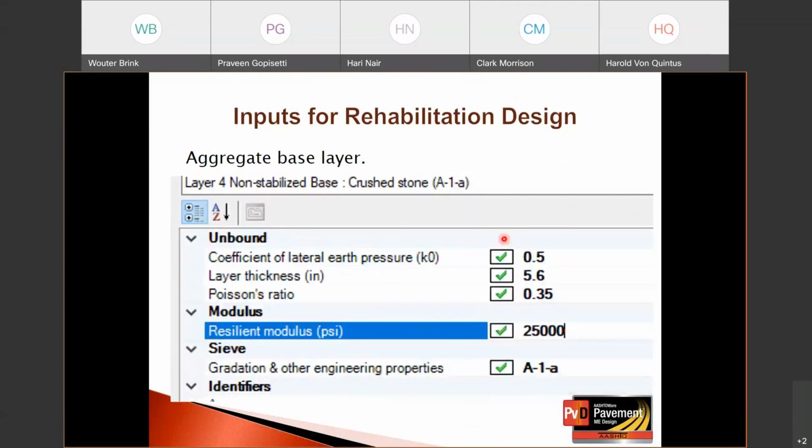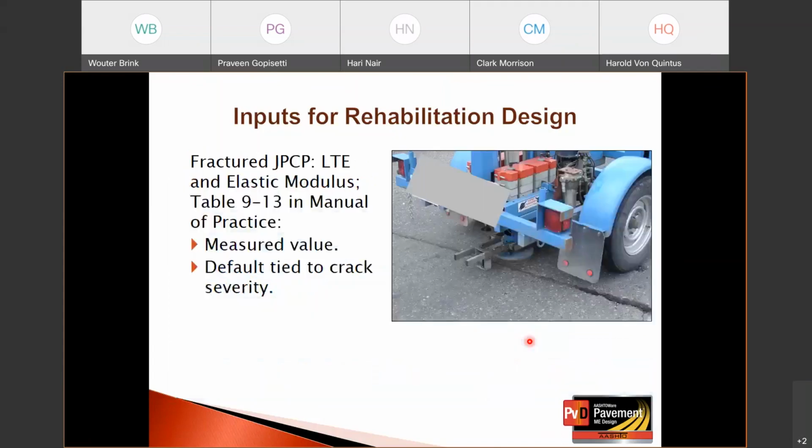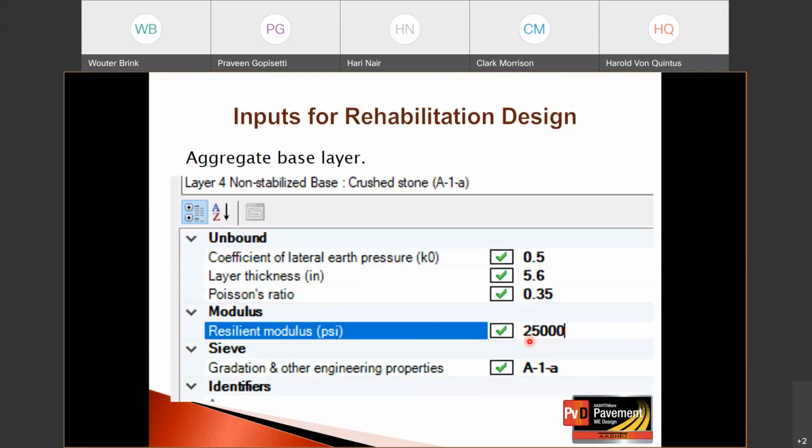Moving on down to the aggregate base layer. This is the 25 KSI, it's the insensitive layer. And so this simply was the default value for the aggregate base layer for this type of material within this organization, let's say. Okay, so it's 25, and then for the gradation and other engineering properties, it would be the default values that are consistent with the default resilient modulus value for this crushed stone or this A-1-A